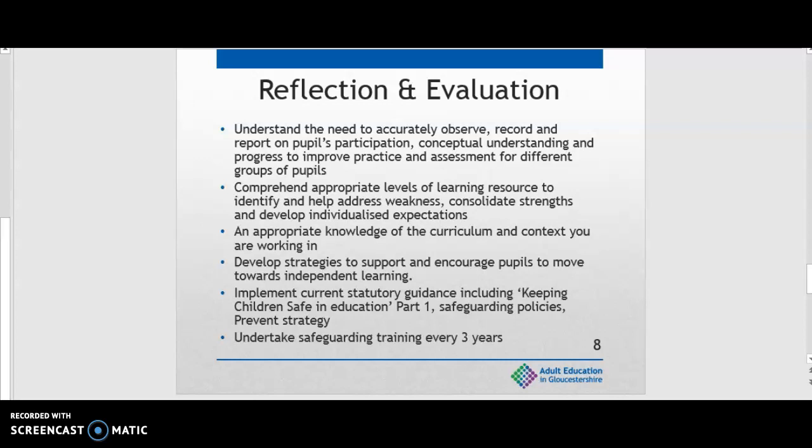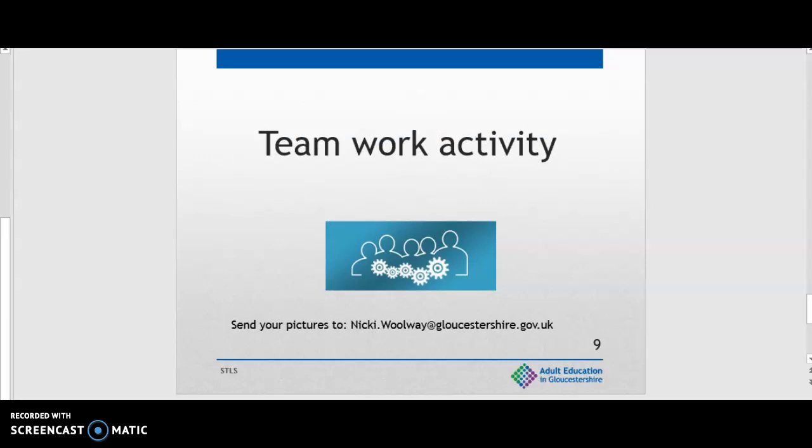We're now going to move on to a team activity, and this is something that you can do at home with a partner. So if you're homeschooling your children at the moment, this will be quite a fun activity to do with your children. If you are working or studying with people from different schools or from your own school, you might want to arrange to video call them, and then you can do the team activity together.